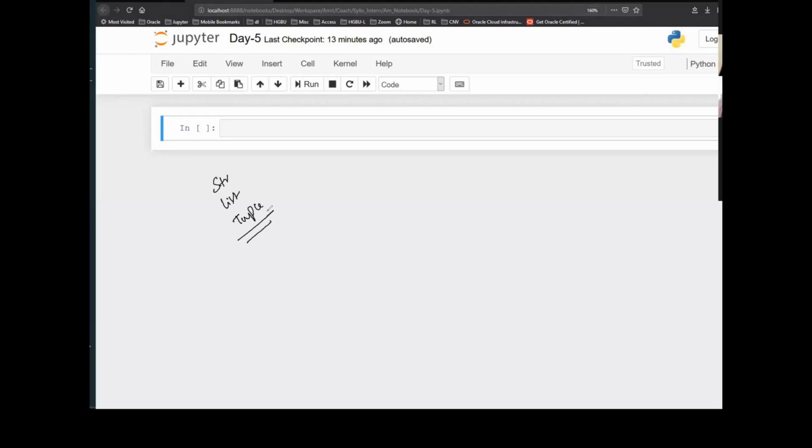It will have indexes. So as in, you have a string Amit, the index will start from 0, 1, 2, and 3. So if the length, or the total number of elements in the string, is n, then the index will go till n minus 1 and it will start from 0.